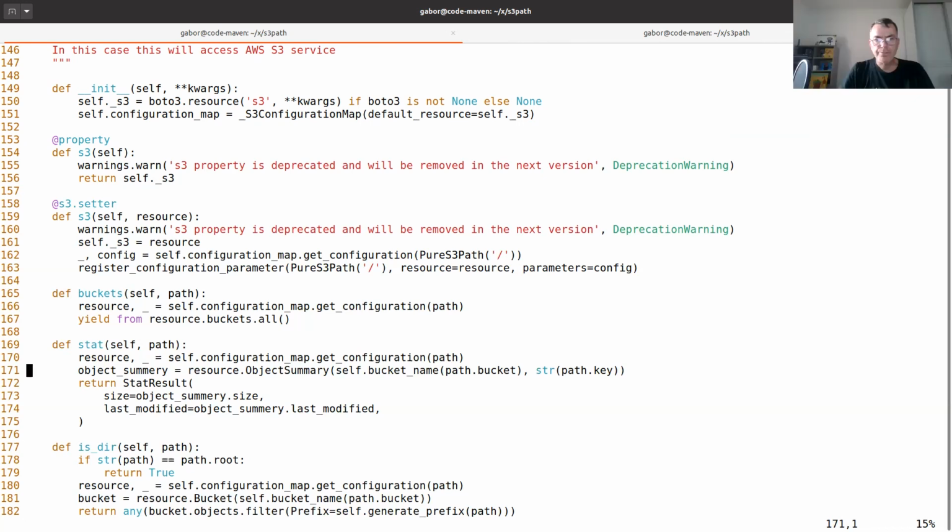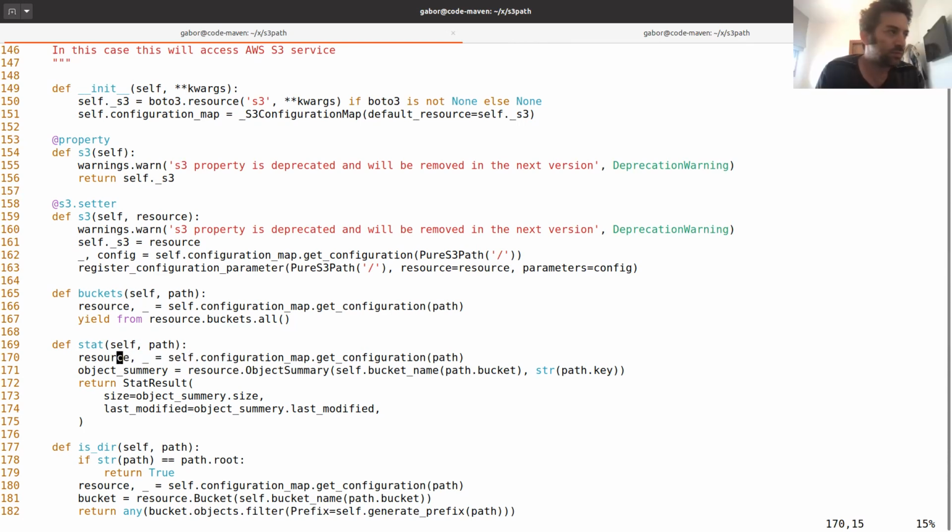In this case, I'm using the boto S3 resource to get information, and I'm returning a named tuple that looks like the named tuple that the OS library gives back, so that it looks the same. That's here, right? This is what gets it from S3.